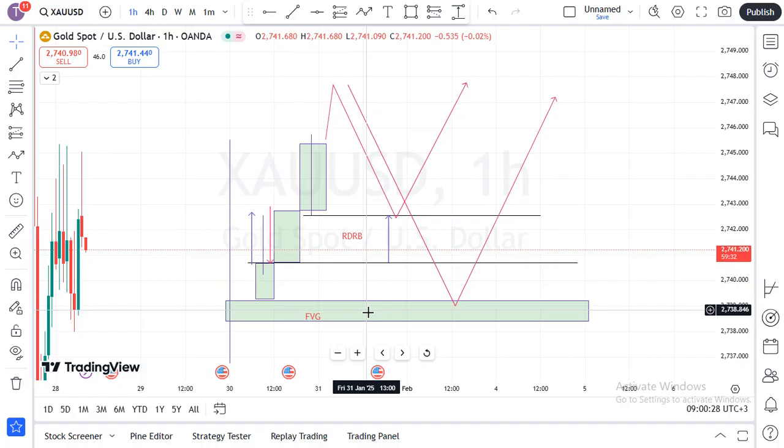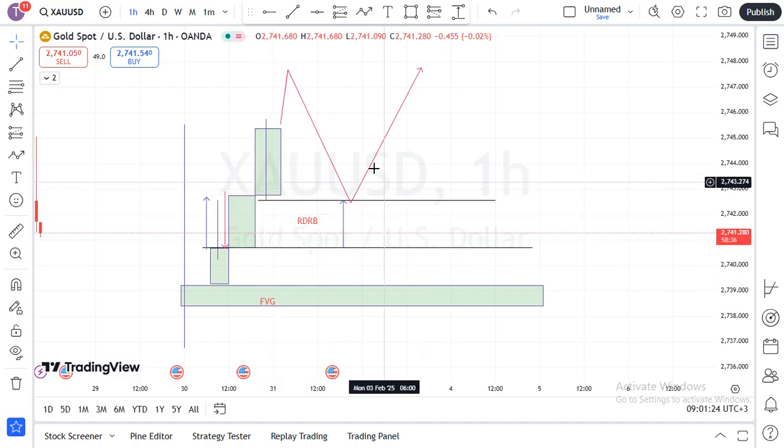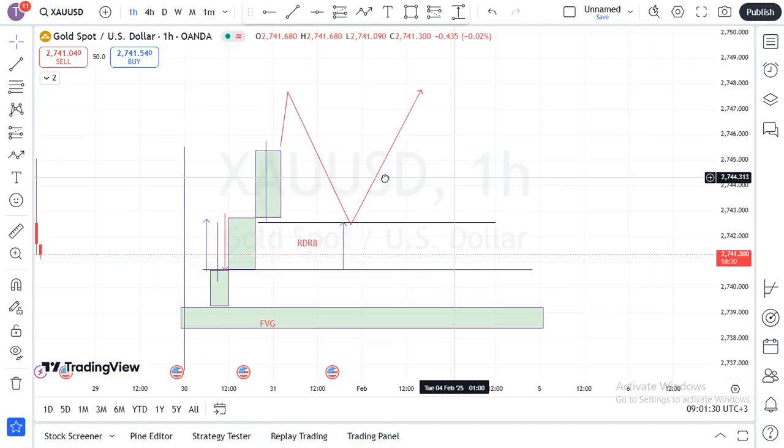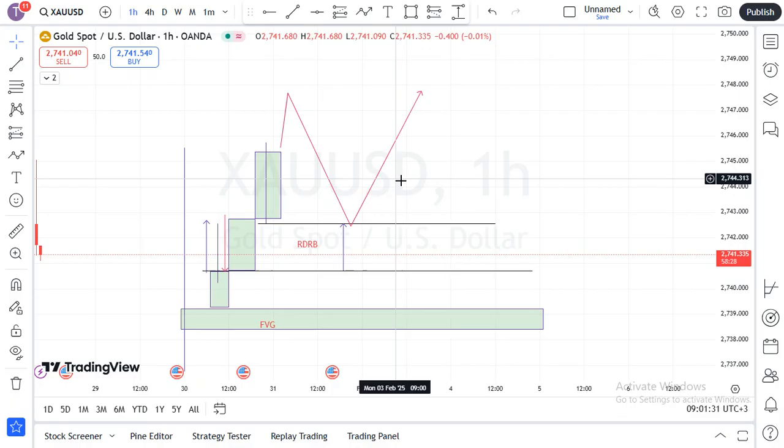Why? So for the case here, we may even write a note that this fair value gap will remain open because we're having a PDRA above it. So the PDRA carries more opportunities than the fair value gap as far as the internal liquidity is concerned. So this is all about the PDRA. It is vice versa. In case we're having another trend,